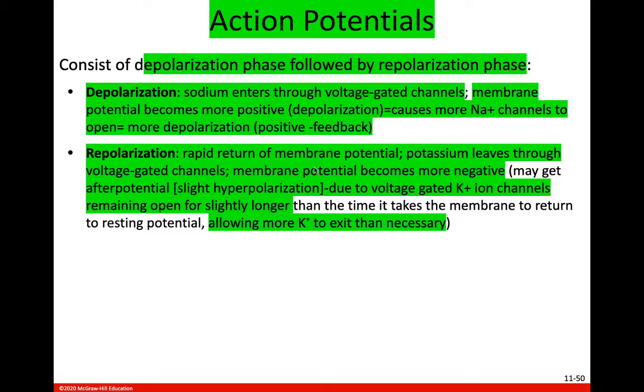Potassium is going to go out through voltage-gated channels, and we're going to remember the sodium-potassium pump is going to pump sodium out. It's going to pump potassium in, but we're also going to have some potassium leaving through those voltage-gated potassium ion channels, and this is going to end up causing a little bit of hyperpolarization. Remember, hyperpolarization is